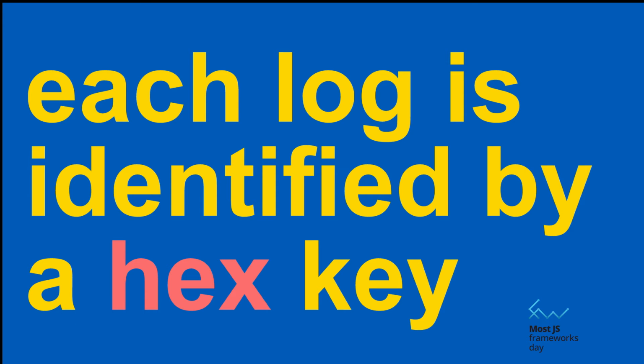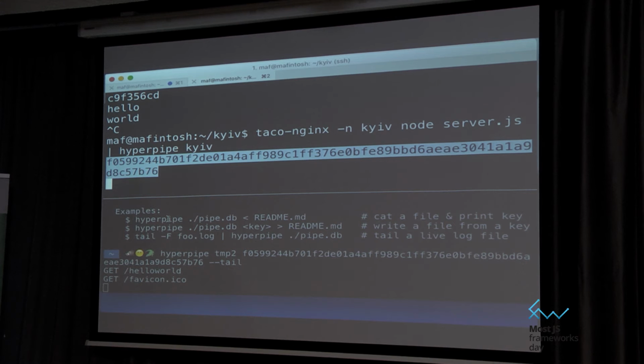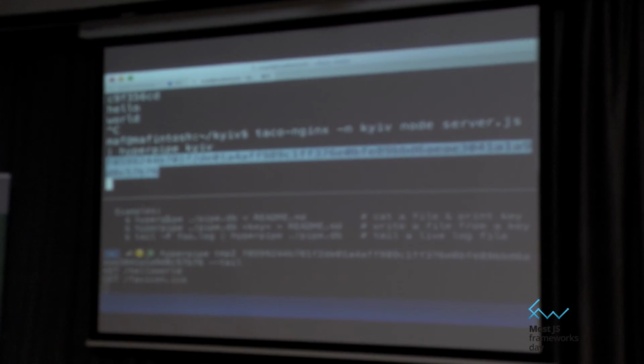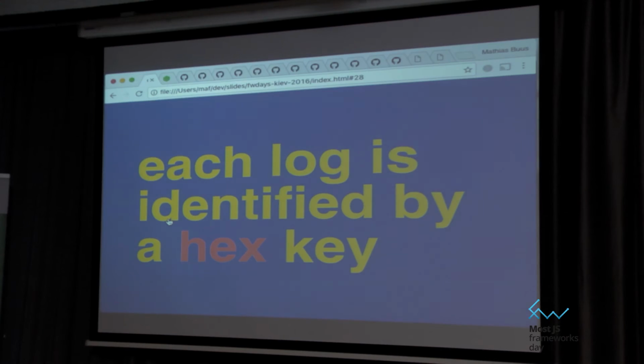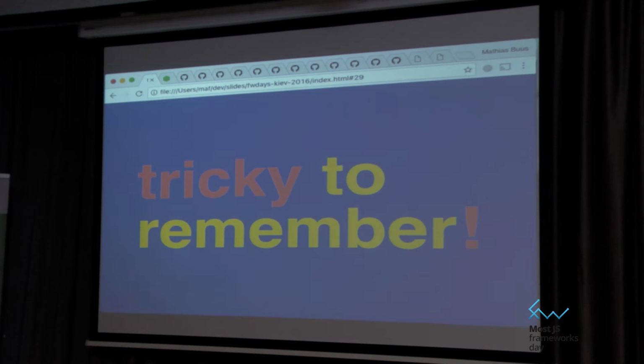So yeah, as you can see, every log is identified with this cool hex key. And these are cool because this key contains enough information to make the entire transfer secure and encrypted. But it has a problem because they're kind of tricky to remember, right? It's kind of hard to call somebody and be like, F5255. And then they get it wrong, and then maybe they get some other people's logs, who knows? Probably not. It's pretty secure.